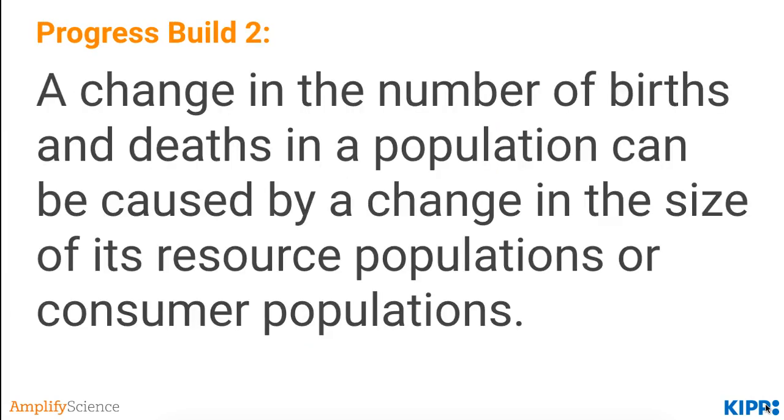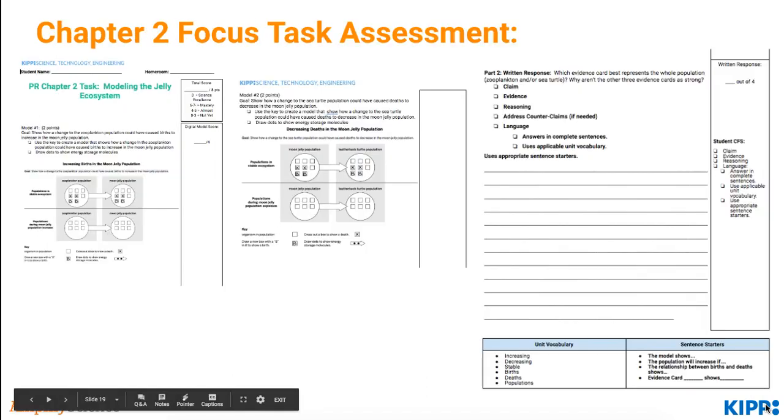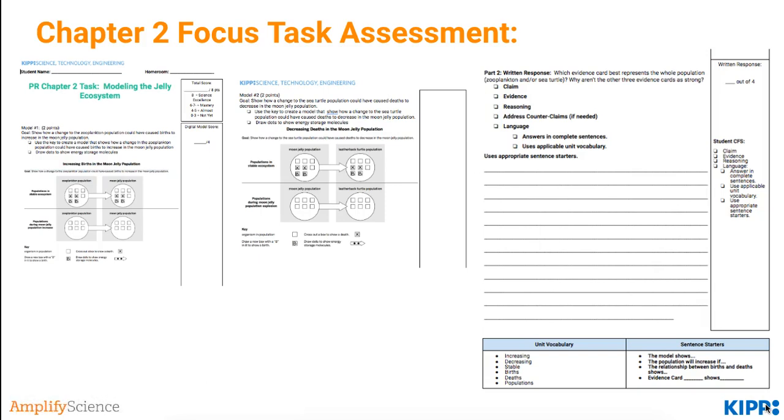All of this learning prepares students for Progress Build 2, where they understand that a change in the number of births and deaths in a population can be caused by a change in the size of its resource population or consumer populations. One way to assess if students have met Progress Build 2 is through the Chapter 2 Focus Task,